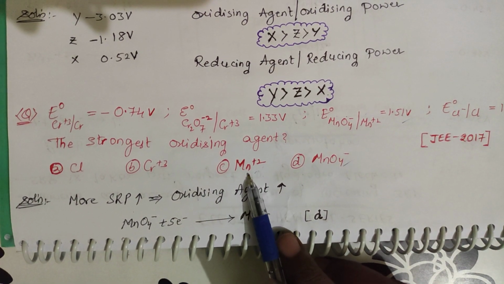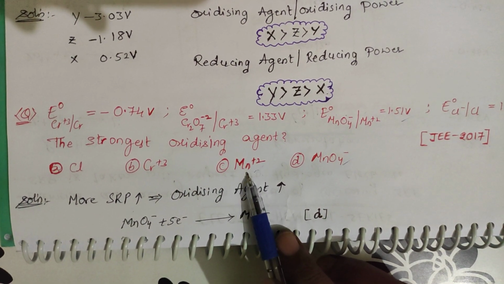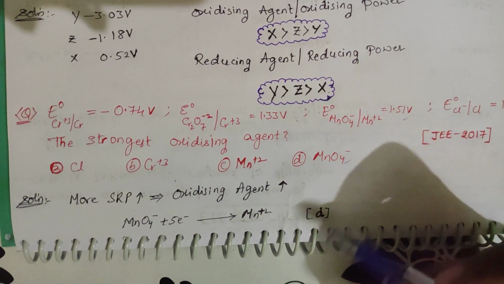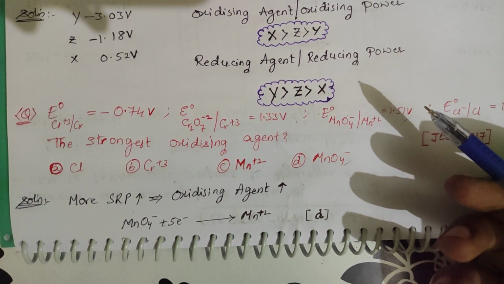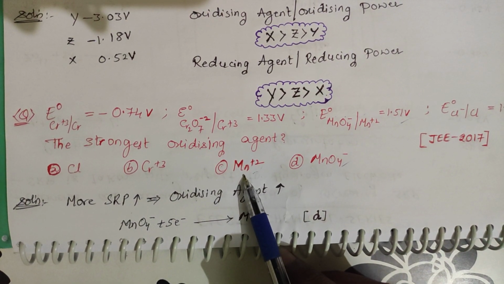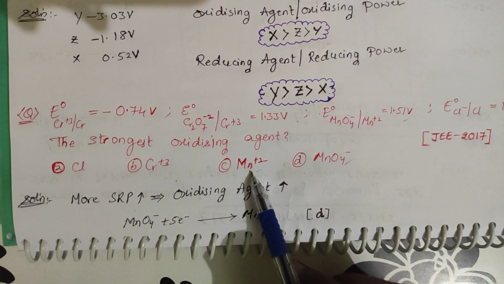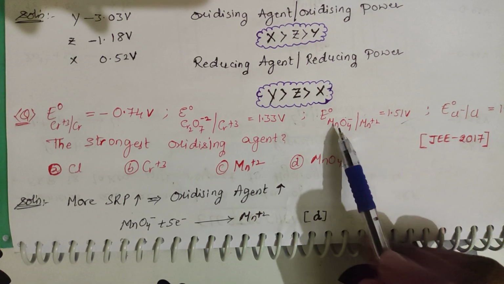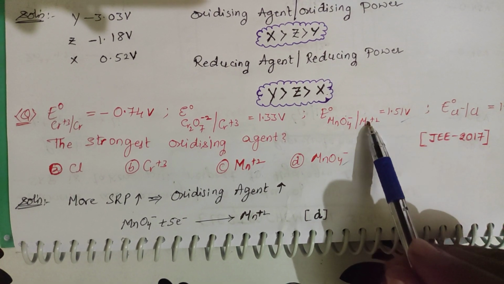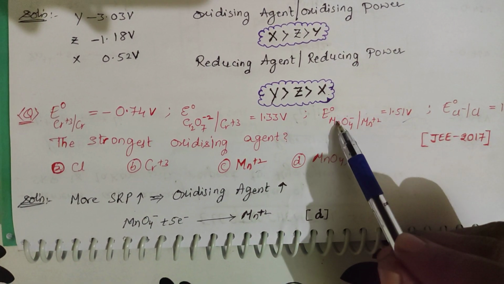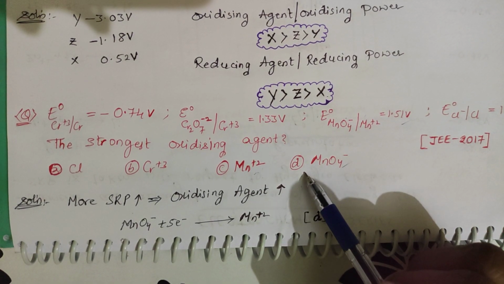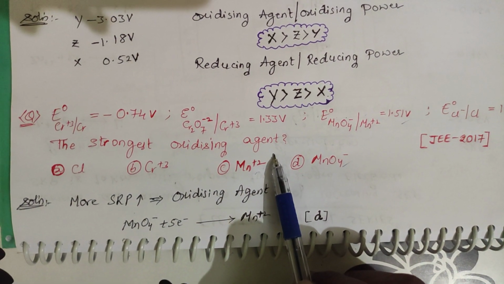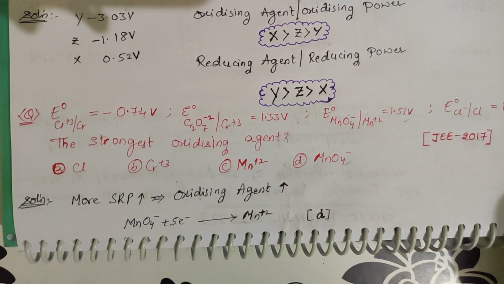Mn plus 2 cannot be the answer because Mn plus 2 is the product that has been obtained after the reduction. If you want this as an oxidizing agent, it should undergo reduction, so Mn plus 2 should get converted into another thing. But here, Mn plus 2 to Mn plus 7, this is oxidation. But MnO4 minus to Mn plus 2, this is reduction. So the answer will be the reduction one, because we are asking for an oxidizing agent, it should be a good reduction one.